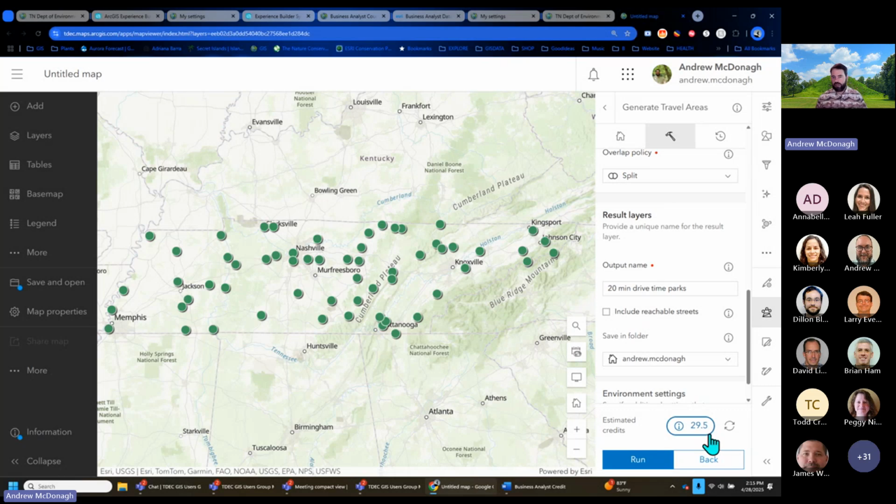So before you start doing drive times, really think about what problem you're trying to figure out. Do you want these drive times to overlap? Do you want them to be dissolved? So I could say how many people are within 45 minutes of a park, just in general? Or do I want to say which specific park they are closest to? Or how many parks are close to me? So you can figure out all those different things and try to run it maybe only once or